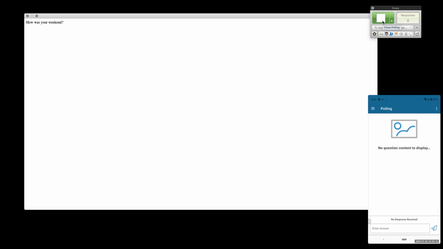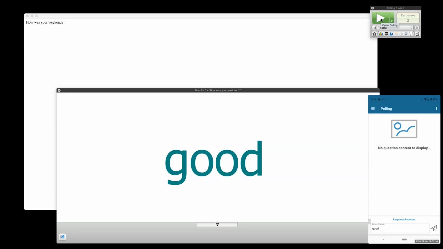And you don't have to close out these windows between. If you hit play, it's going to close your responses and go to the next question. This was our essay questions, so these are our long responses. So I'm just going to type in something here on both of my devices. So we see we have 2 responses, and we'll click stop. And we got 1 good answer.